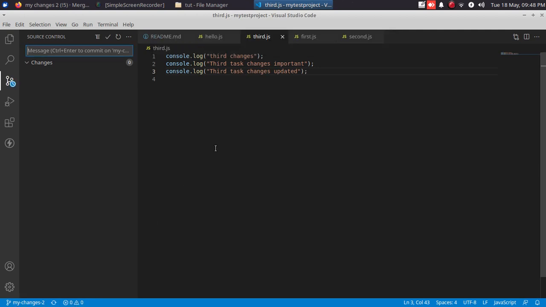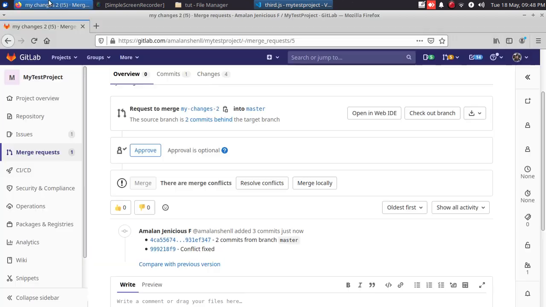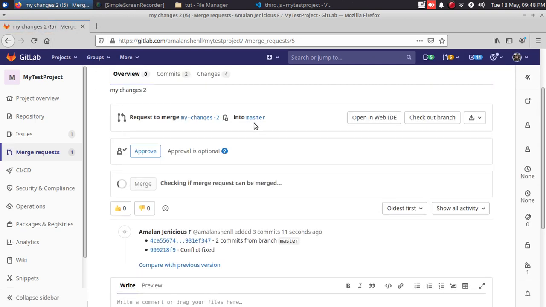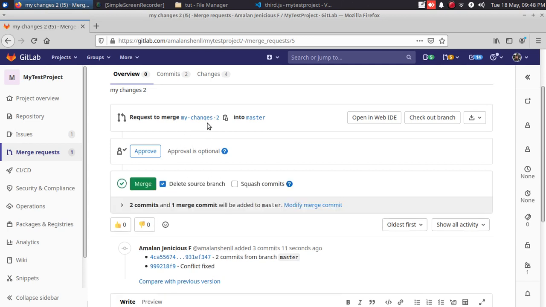So the changes has been pushed to the my changes 2 branch. So let's check here. GitLab is checking whether it is possible to merge the latest change to the master. You can see here that we have resolved the conflict, and now we can merge my changes 2 branch into master. So I'm merging it.